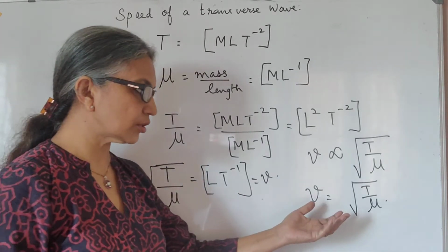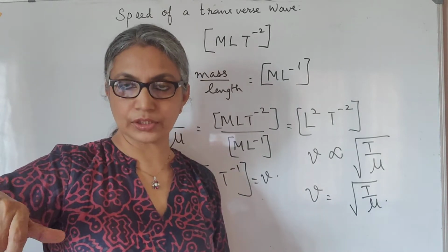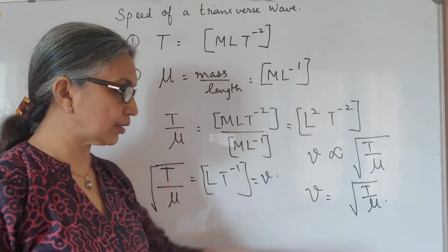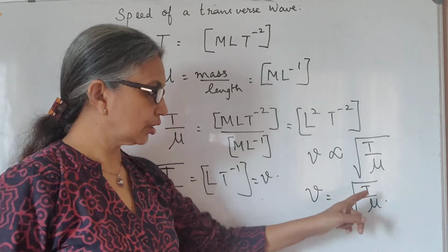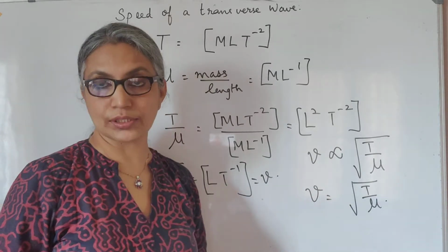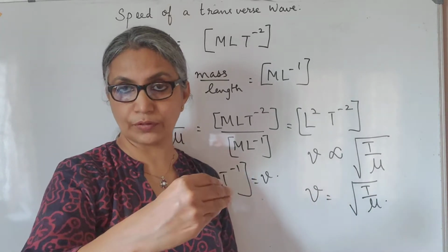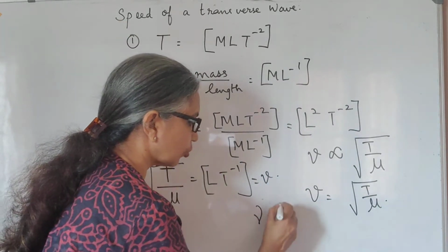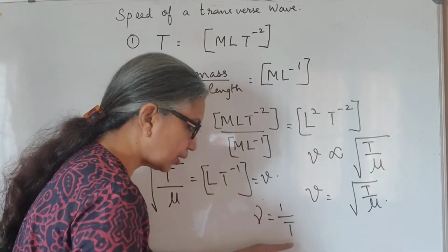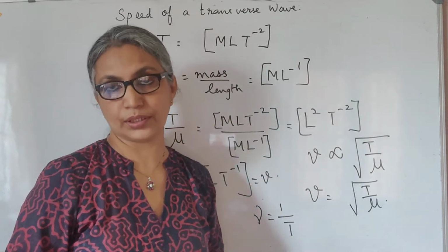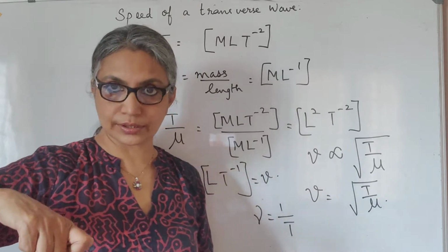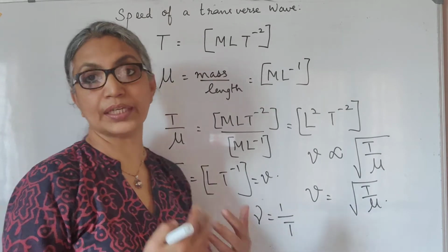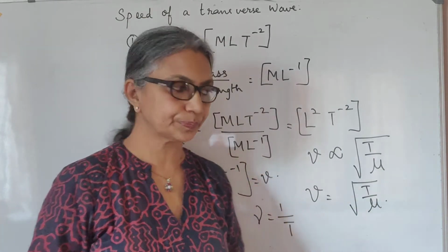Now it is also interesting to note that using those tuning pegs, you can change the tension on a string. If you tighten this tuning peg and increase the tension in the string, you will see that the greater the tension, the greater is the velocity. And the faster the wave on the string, the lesser will be the time period. And as you know, frequency is equal to 1 by time period. The smaller the time period, the greater will be the frequency. So as you increase the tension on the string, you are increasing the speed, reducing the time period, and thereby increasing the frequency of the sound that you hear.